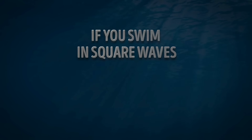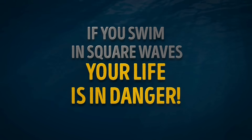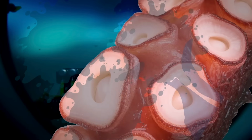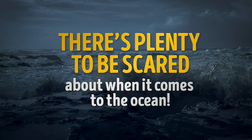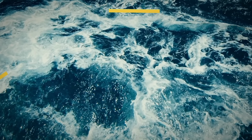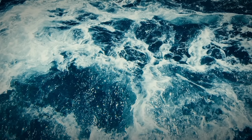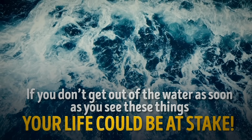If you swim in square waves, your life is in danger. Between sharks, alien-looking deep-sea creatures, and the fact that we've only explored about 5% of it, there's plenty to be scared about when it comes to the ocean. And now, here's a new fear to add to the list: square waves. If you don't get out of the water as soon as you see these things, your life could be at